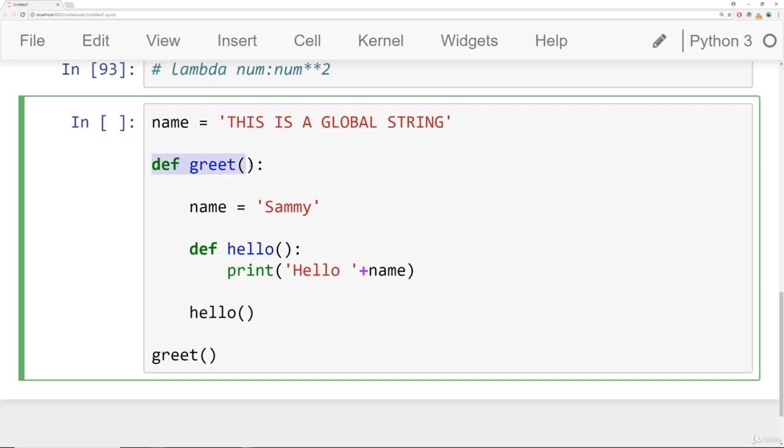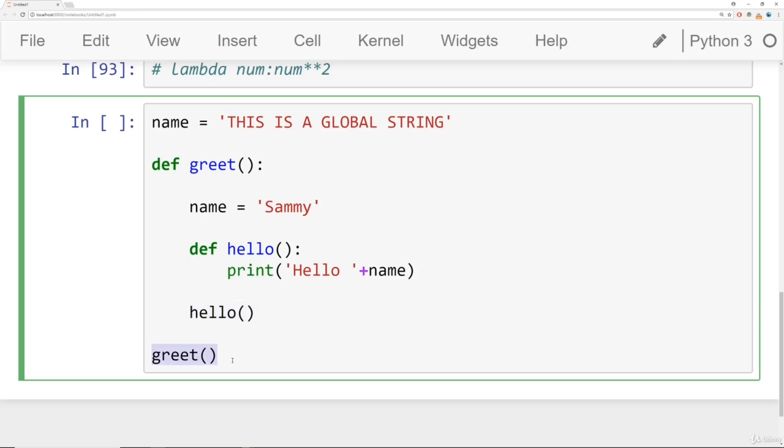Here, I have a function called greet, and what it does inside of it, it sets the variable name equal to Sammy. Then inside of the greet function, so notice how all of this right here that I have highlighted is inside of greet because of the indentation. We have def, then the hello function, and inside the hello function I ask, hey, print out hello name. And right now we have name defined twice, up here as a global, and then over here as an enclosing function local. And after we define hello, inside of greet, I'm actually going to call and execute hello, and then